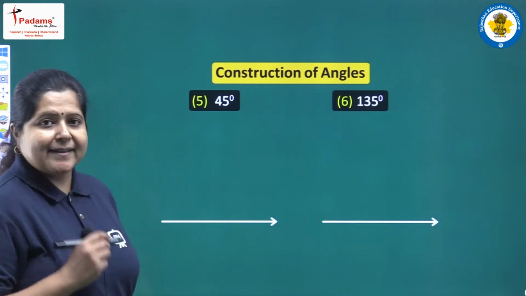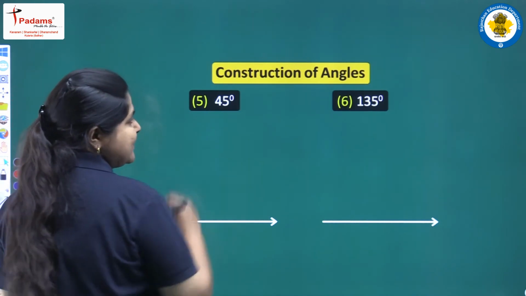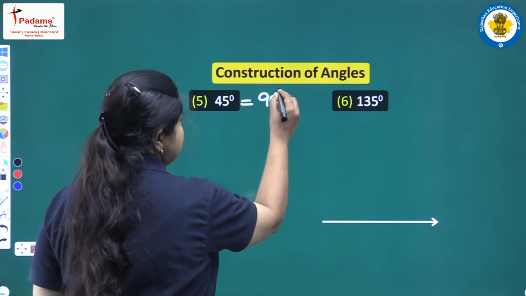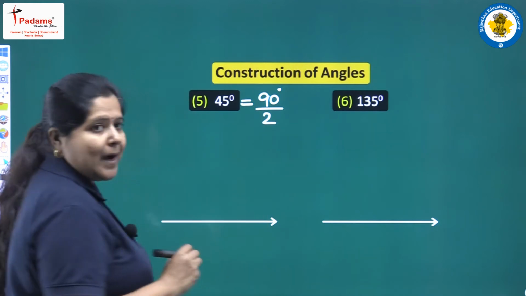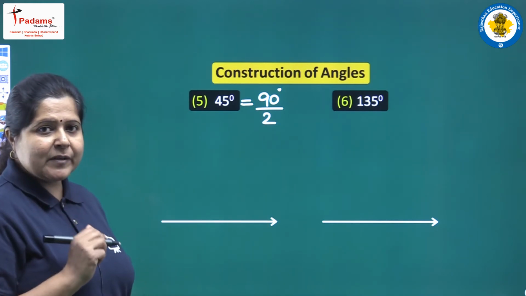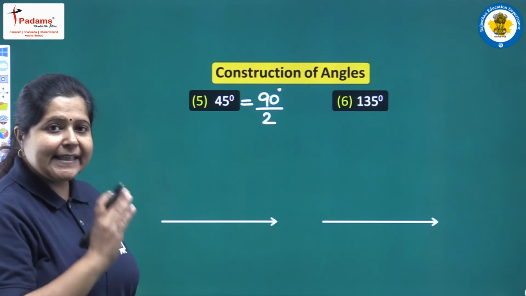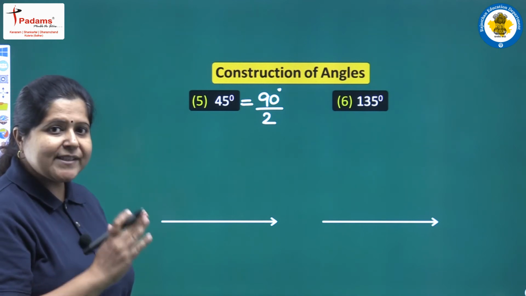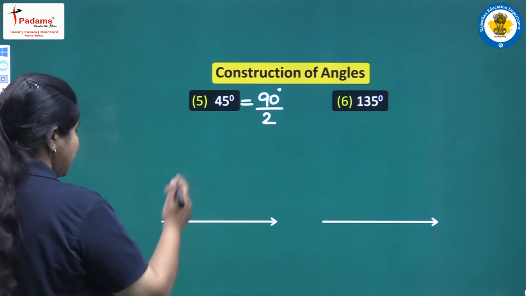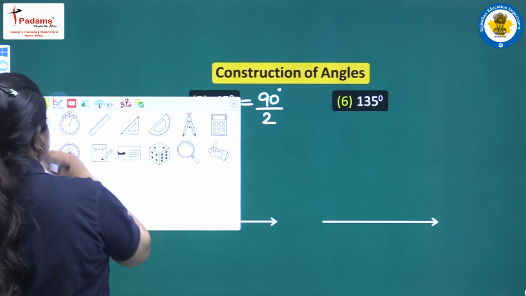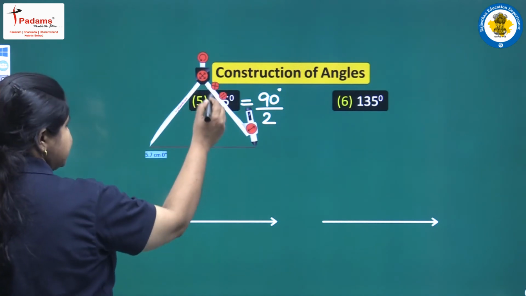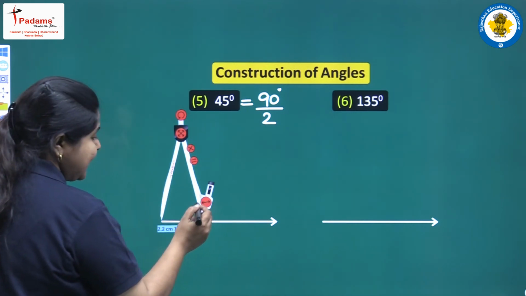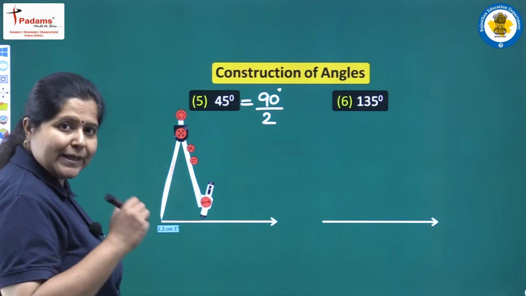Next we have an angle of measure 45 degree. You can see this 45 degree angle, we can get it by dividing a 90 degree angle into two parts. Or in other words, first we will be constructing an angle of 90 degree and then we will be bisecting it. We have to divide it into two equal parts. In other words, we have to bisect it. And so here first we will start with the compass to get an angle of 90 degree. It will be in practice if we keep on drawing again and again. So first for 90 degree again we need to draw 60 degree and 120 degree.